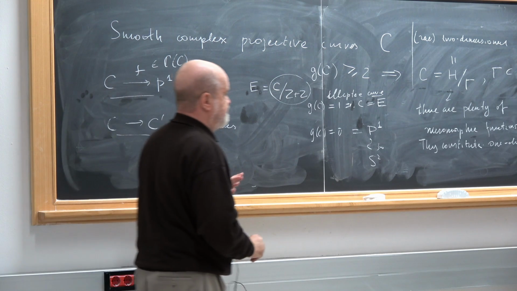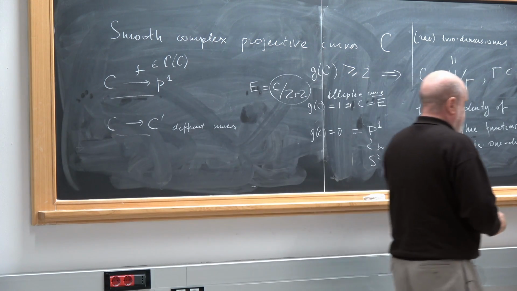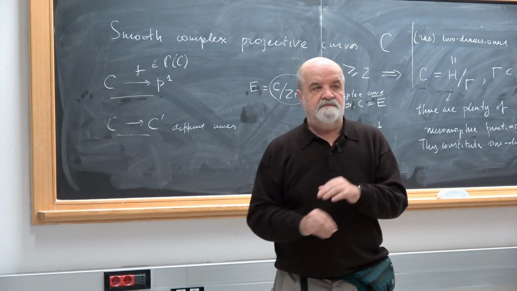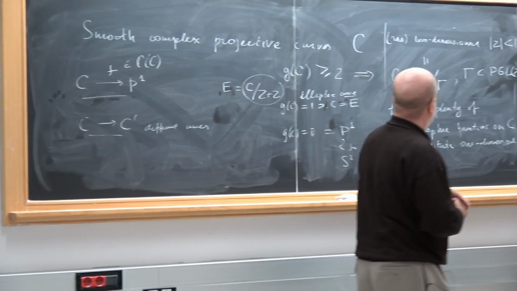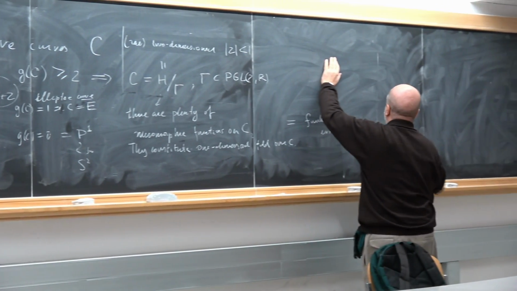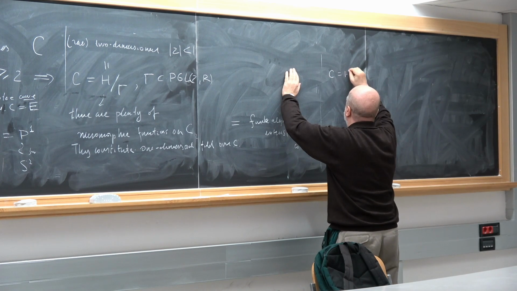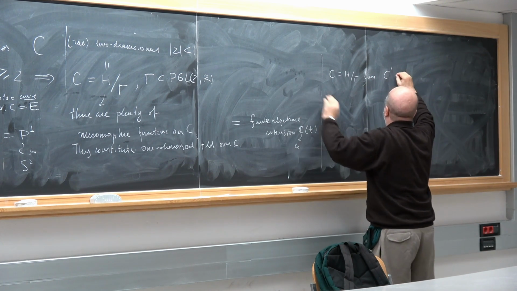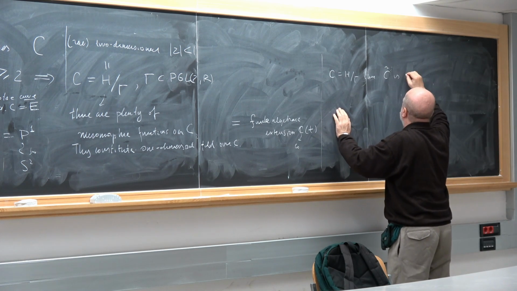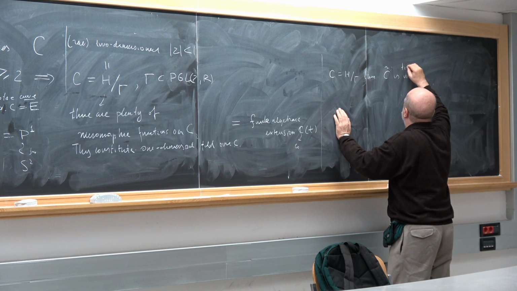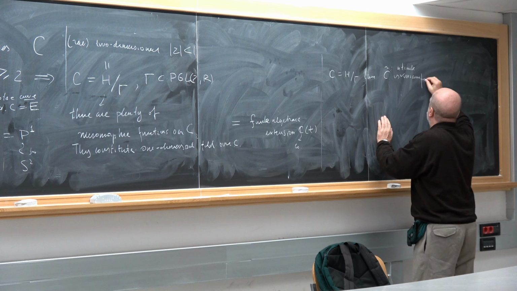So there are such maps. And in particular, among all maps, there are unramified fibers. So topologically, that means, if you have C as H by gamma, then C prime, C tilde is an unramified covering. It's finite. Unramified covering